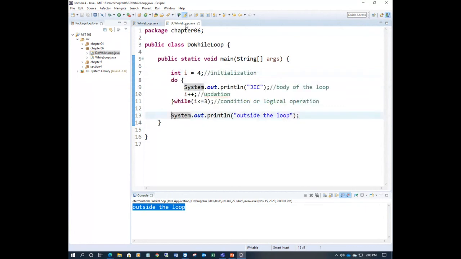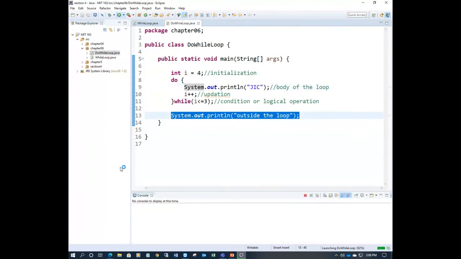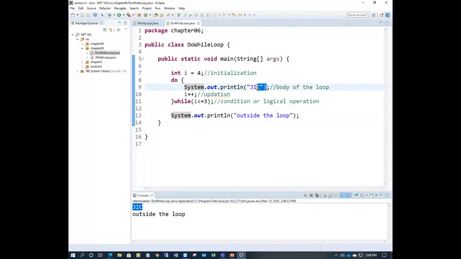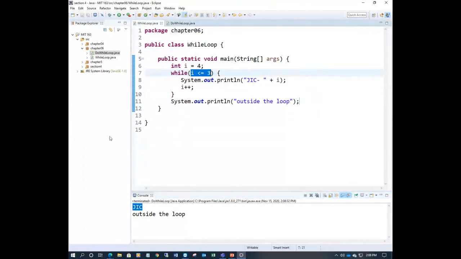Now you compare with the do while loop here. I put i value 4. Now it will enter into the body. It will print this one. i will become 5 because i is initially 4. Now i becomes 5. 5 less than or equal to 3, false. So this will print only one time, and then exit. See, the body prints one time at least, and this is outside. It is printing the body here, and it is not printing any body in the while loop, right? So this is the difference here.